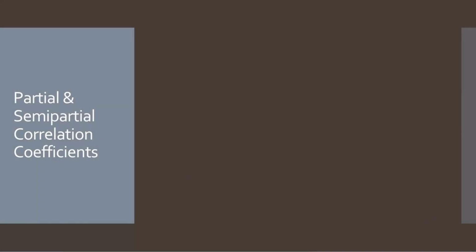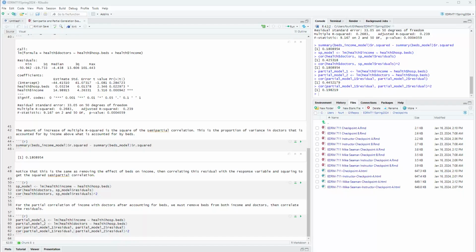We are talking about partial and semi-partial correlation coefficients, and in the last videos, I focused on semi-partial correlation coefficients. It's time to turn our attention to partial correlation coefficients. Calling up my R notebook, on line 56, note I say, for the partial correlation of income with doctors after